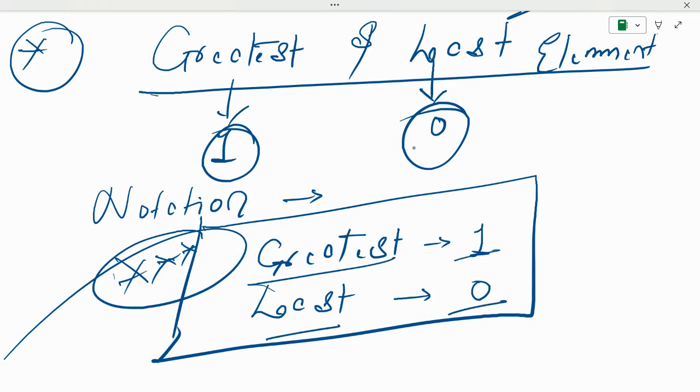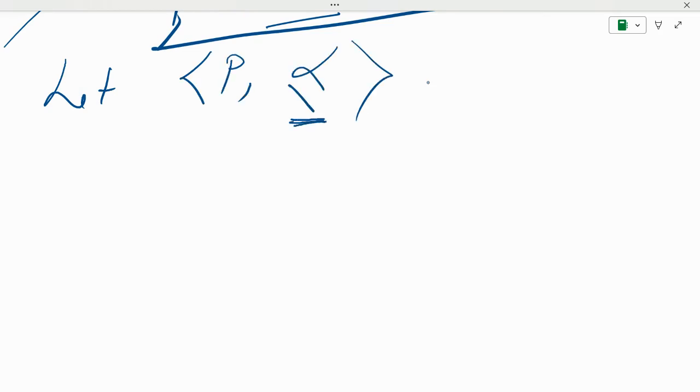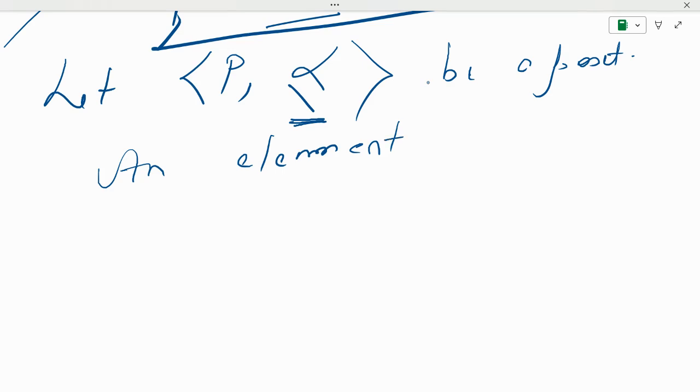Let's see what that means from this example. Let P, with an operation defined on it, be a poset. And an element G belonging to P